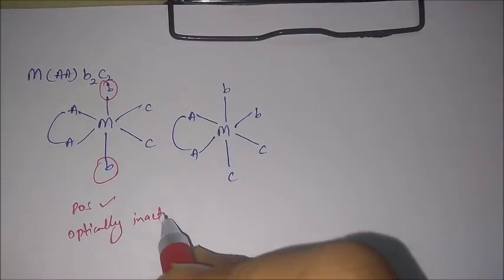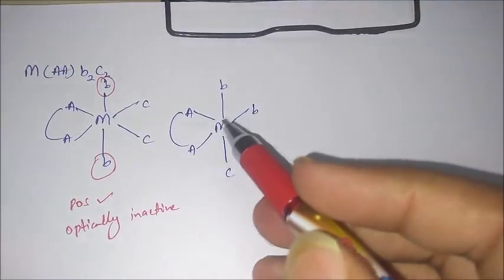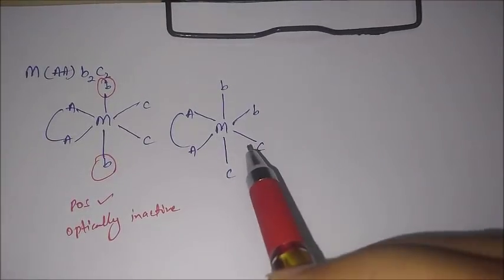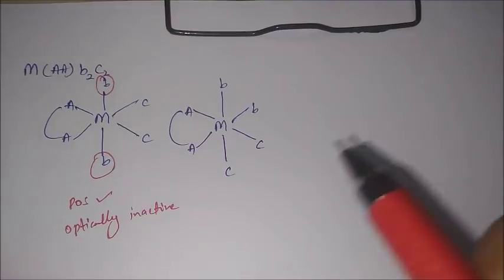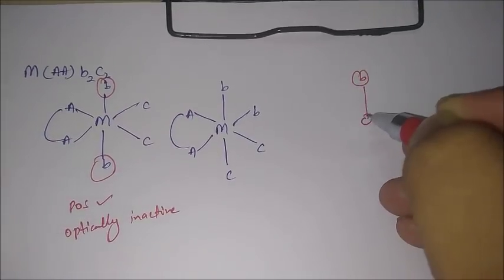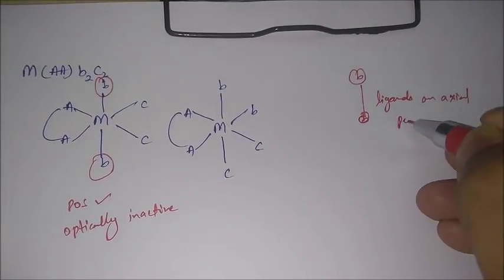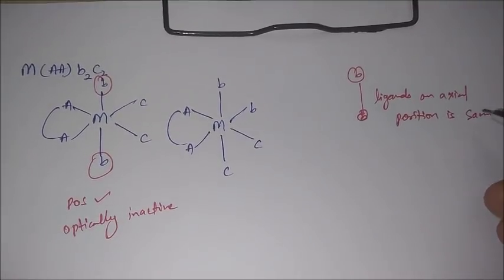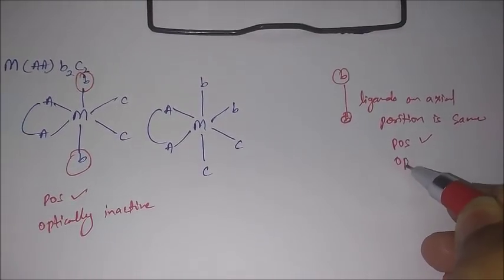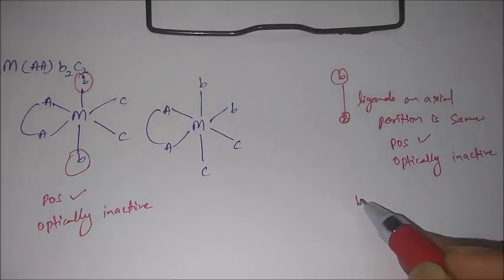And if these ligands are not the same on the straight line, then you need to check both the sides. If on both the sides the things are the same, then it will possess a plane of symmetry. So I'll just summarize the things and write it. If you have the same ligands on the axial position, then a plane of symmetry will be there and it is optically inactive. And if these ligands are different,